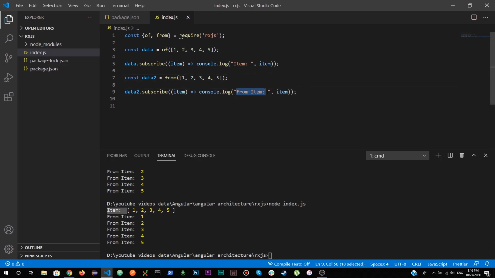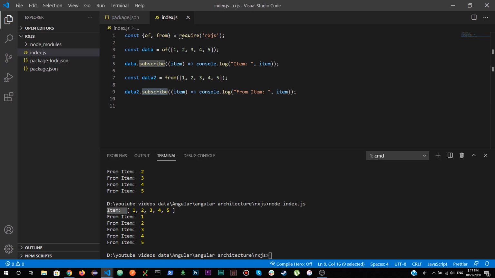That's why the from item strings have been generated separately from these strings, right?